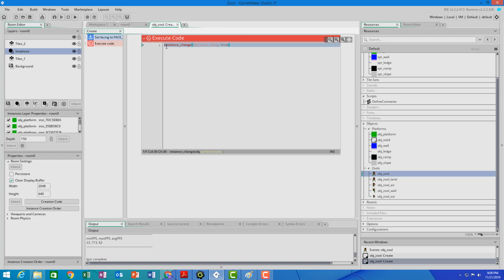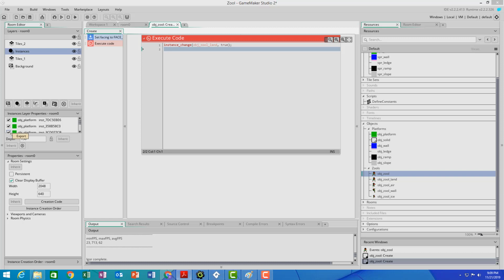Also, a lot of people think perform events is just for the create event, but it also will do the destroy event of the instance you're changing from, which is object Zool, and evidently we're going to have a destroy event associated with it at some point. So make sure you say true there. And then what we want to do is